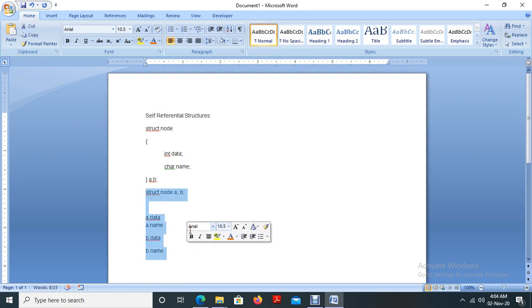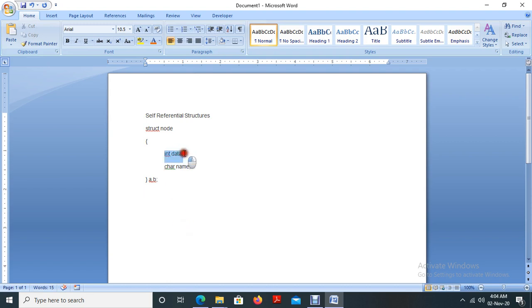Next, we are going to discuss the self-referential structure. These are the variables that are available inside the structure. What I am going to do is write a structure variable inside the structure: struct node star p. I declared a pointer variable, and that pointer variable refers to the same structure.